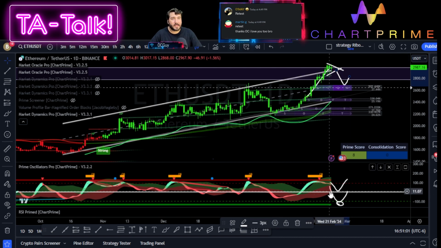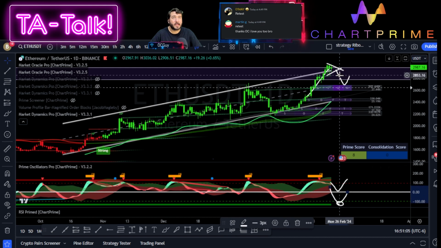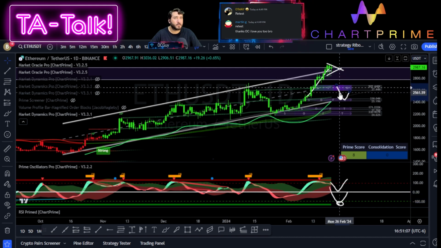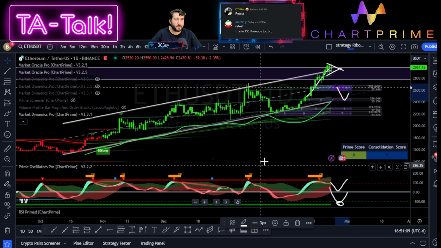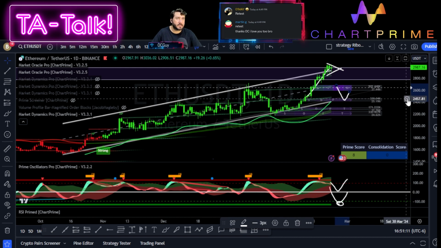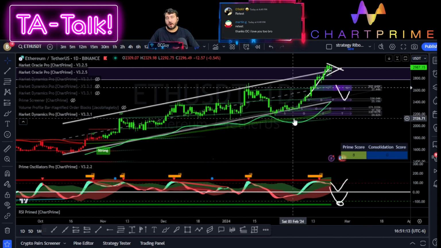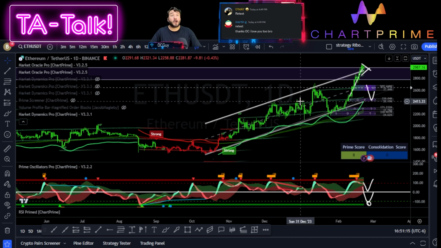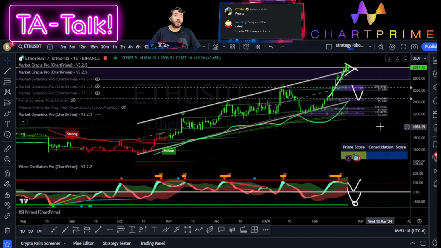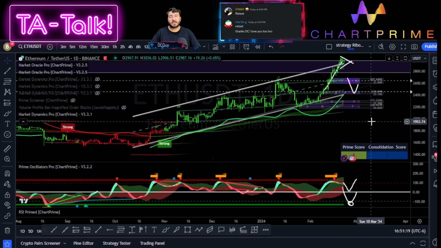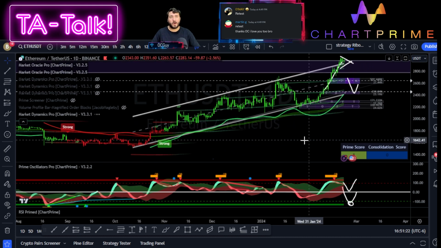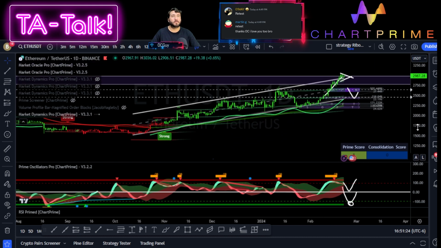Most likely, if I see the oscillator or the ribbon breaking through the zero line, I will be looking again for a long, but somewhere around my previous area where I had the alert. So let's do those two alerts right there. All right. So far, be prepared, guys. Remember, we only enter at retest on longs. We don't want to buy the top, and we need to be patient.